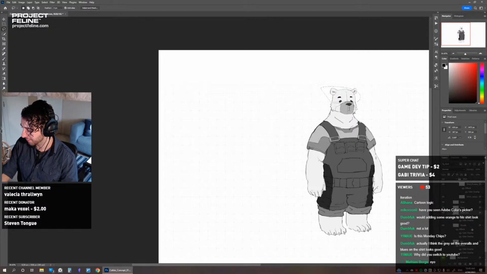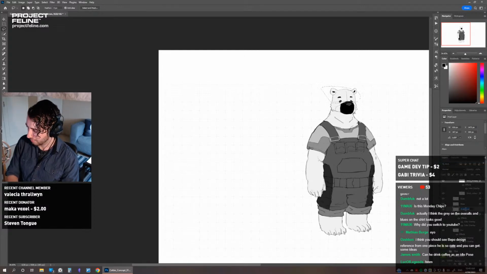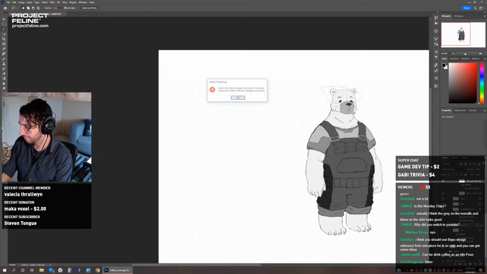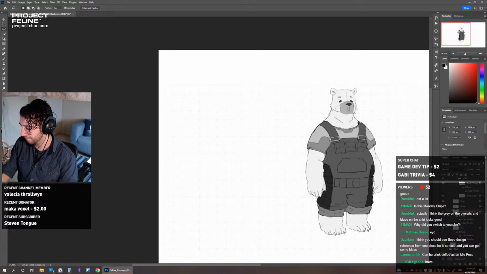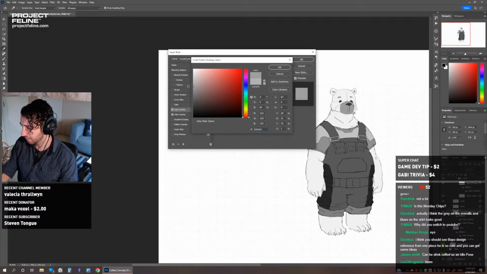I'll merge that with the muzzle because I want those to be the same. There we go. So I might make those a little darker. I don't know if they should be the same or not. Just try it for now.